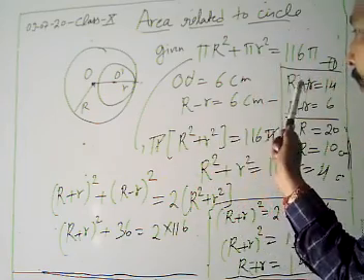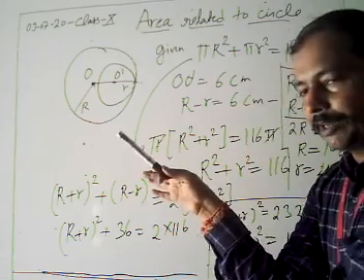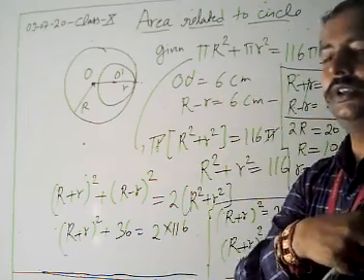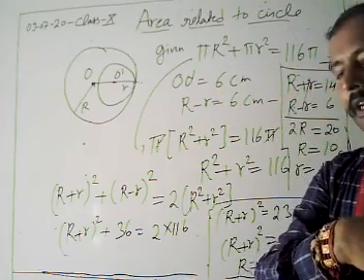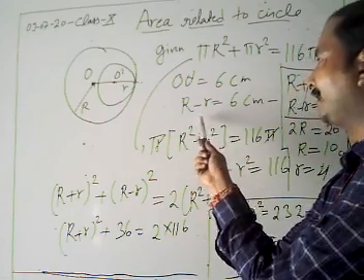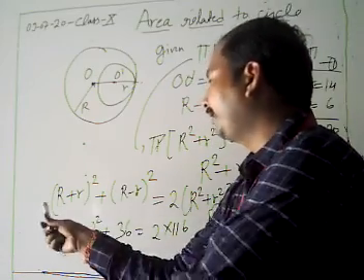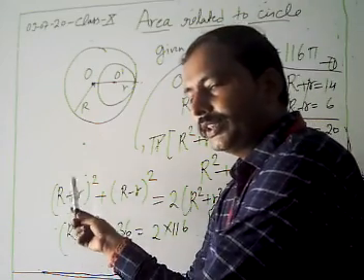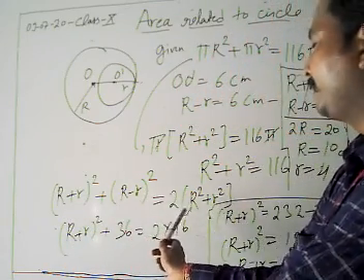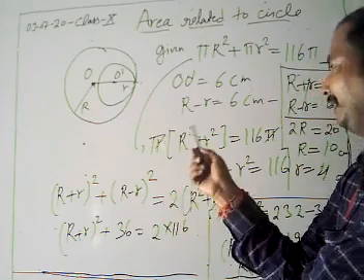To get the magnitude of both radii, what do we have to do? We have here R minus r equal to 6. If we are able to find the value of the sum of the radii, it's easy to find out our capital R and small r. To get the capital R plus r, what do we do? You have to be reminded, we are just using our algebraic identity. (R plus r) whole square plus (R minus r) whole square is given by 2 times R square plus r square.